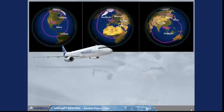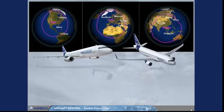With a maximum takeoff weight of 77 tons, the range of the A320 is around 3,000 nautical miles, as shown on the different maps. Note: the A320 generic maximum takeoff weight is 75.5 tons. Optionally, the A320 family can now be equipped with sharklets, allowing the performances to be improved by around 3.5%, so the range may be increased by around 100 nautical miles, or the payload may be increased by around 500 kilos